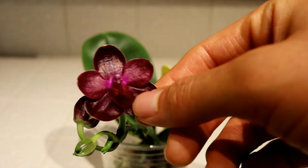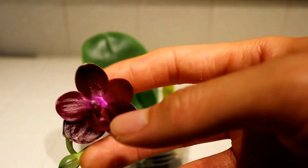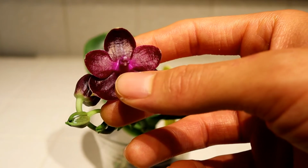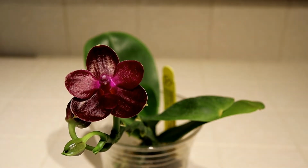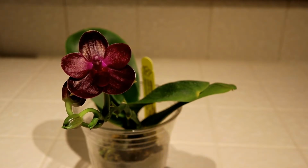So of course it has a nice wine color, white background as you saw earlier. The lip isn't too showy, and the lip itself is held not necessarily at 90 degrees to the column. It's pointed a little bit up towards the column. So it's not as showy as other lips, like say a Phalaenopsis tetraspis, a Corningiana, or even a Violacea or a Bellina. And it does have a sort of orange fragrance. Yeah, it's a citrus fragrance, but it's very lacking in the sourness aspect. It smells very much like a cleaner,